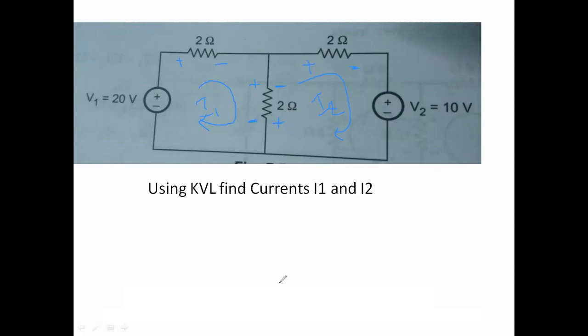Now we write the KVL equations. Starting from this particular point, minus, because this is a potential drop, plus to minus. That's why